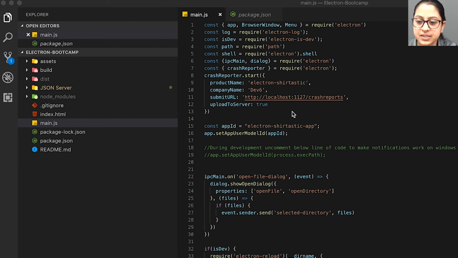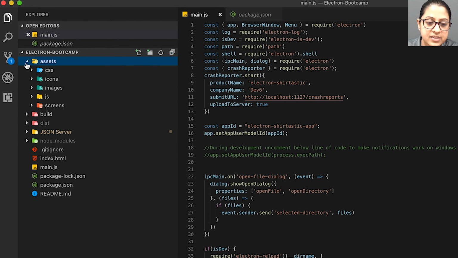Let's move to the demo for the Electron Bootcamp courseware. First I will go through the code structure, how we have organized the folders, and then I will show you the final app which is created for this course material. So here, if you can see, I'm using Visual Studio Code, and yes, it's an Electron app. I love it. And if you see, I have organized the assets, which comprise the entire stuff for my app,